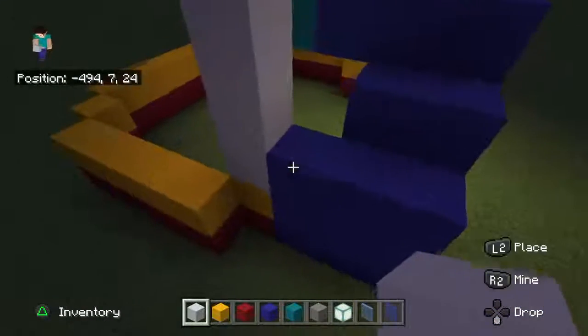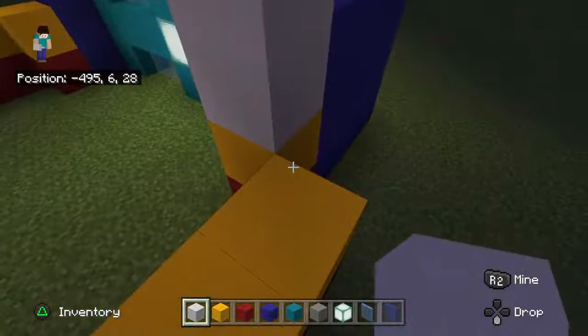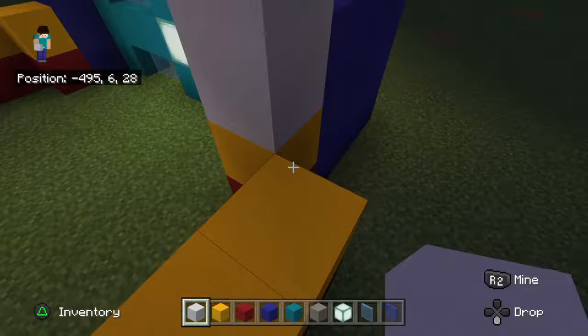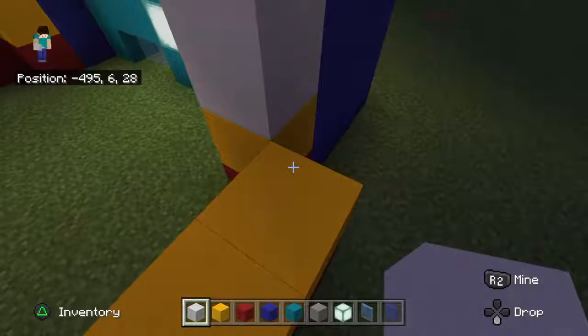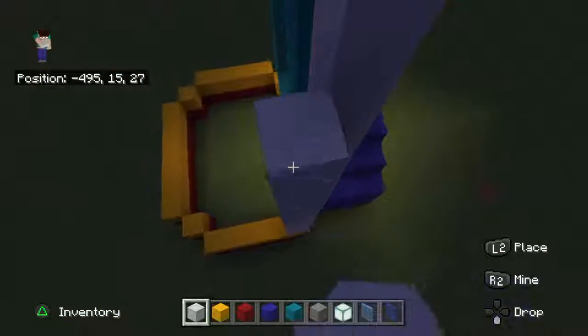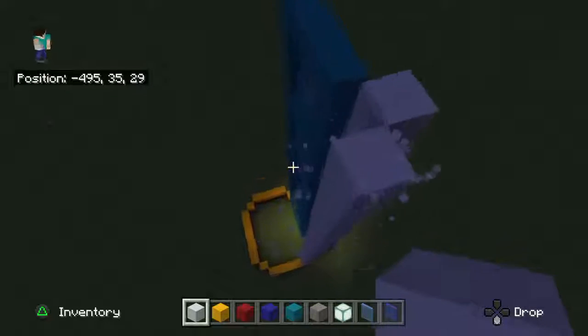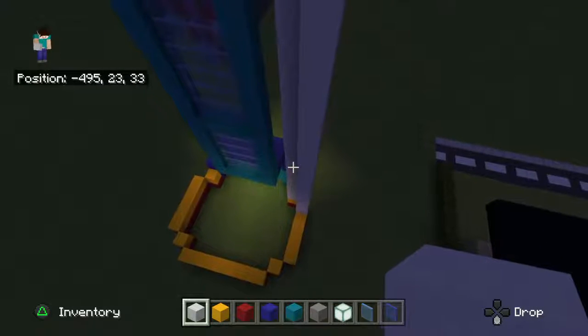And as I say, the rows of white concrete want to be one row higher than the cyan concrete that we placed ever so slightly earlier. This is kind of a long process because this is quite a big tower. It's quite a large tower indeed. So we're going to have to, well,